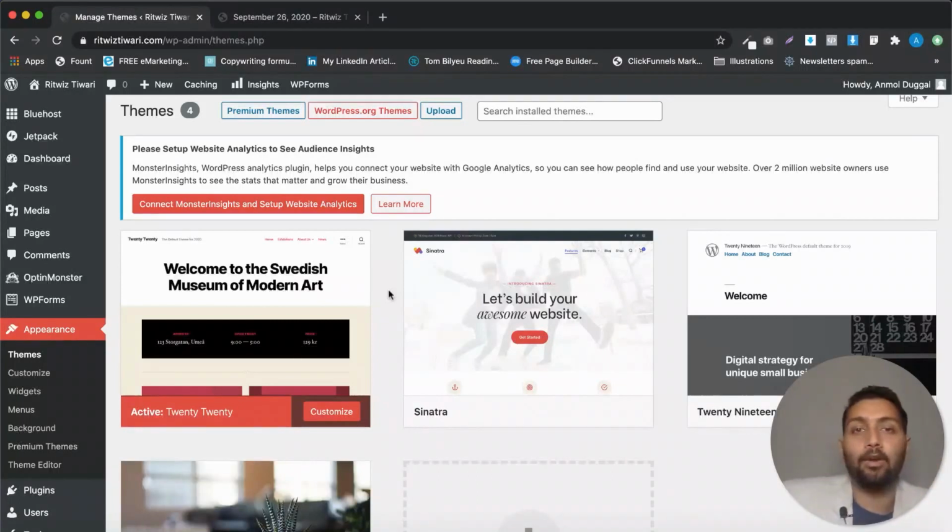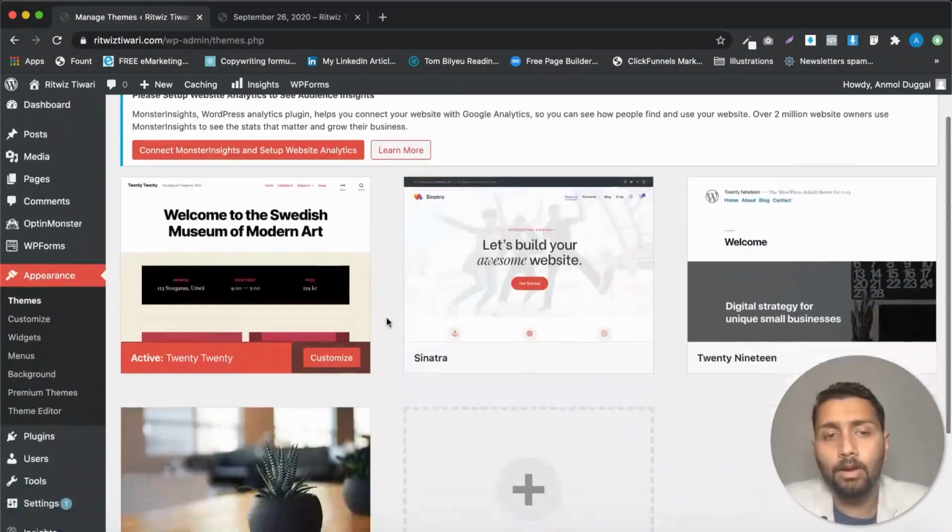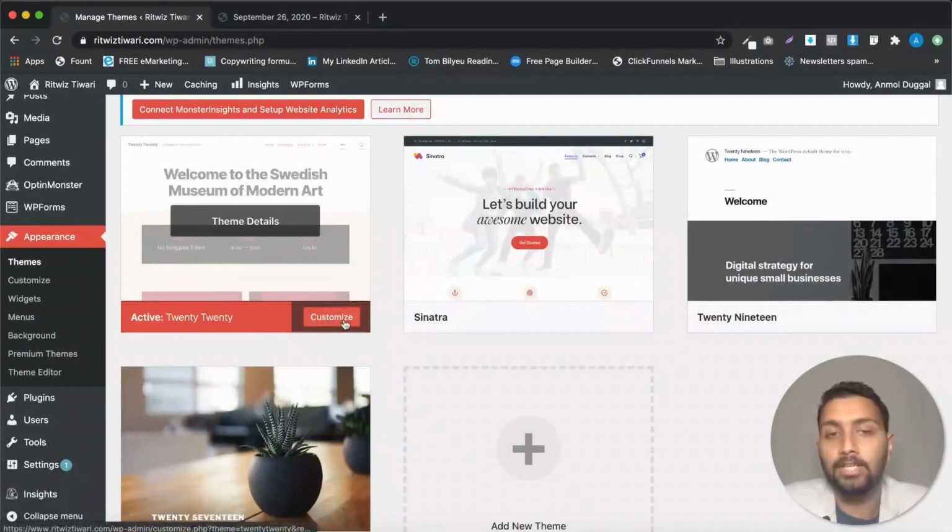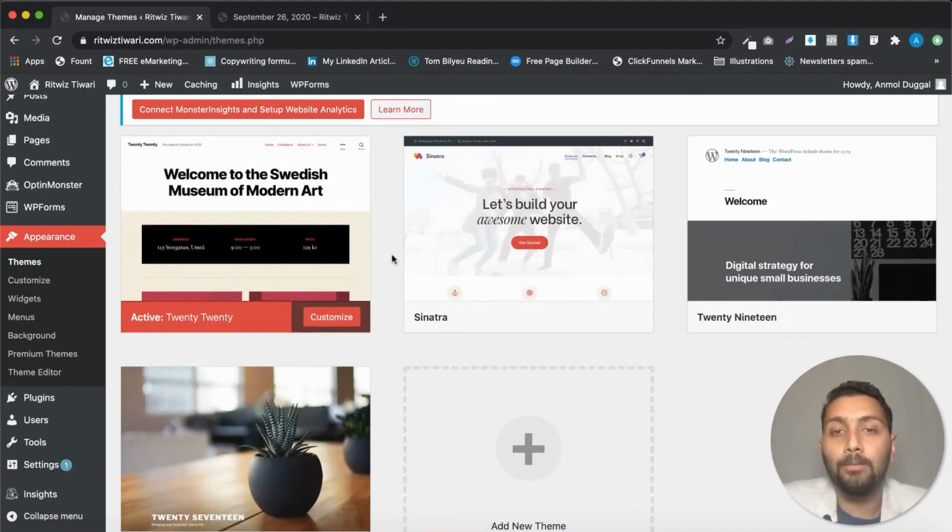So see, there are a lot of options actually. You can see that there is a customize button, and we are going to learn about that in the next video, what all can be customized. But this video is mainly about how to change a theme and how to install a theme. What ways are there to install a theme, and how many themes are available to me for free, and what if I want to add in a paid theme as well. So in the themes part, let's first talk about how to change a theme.